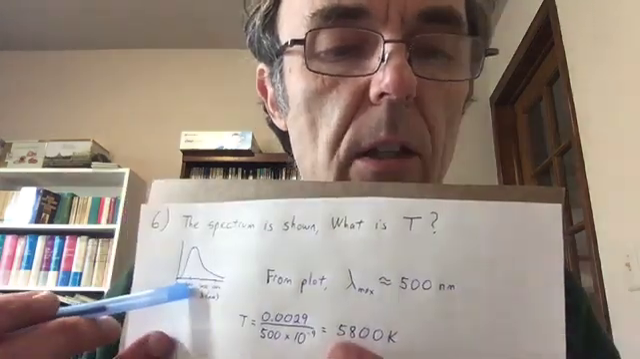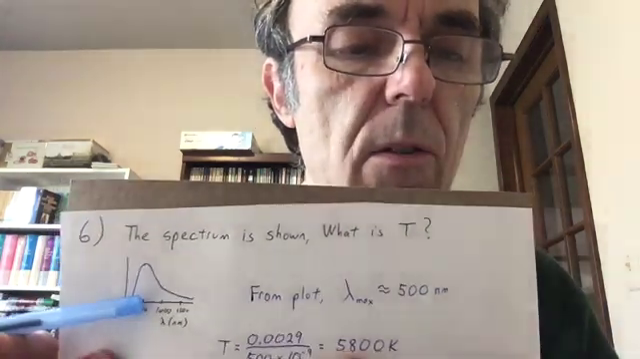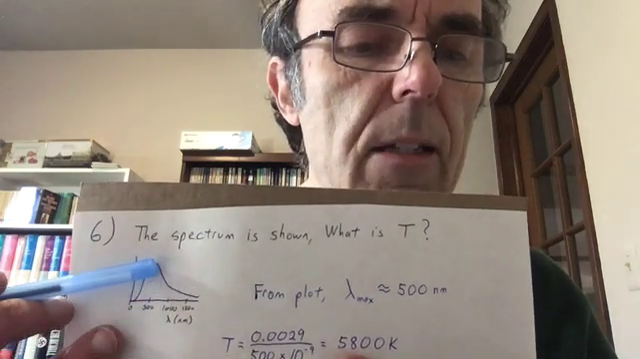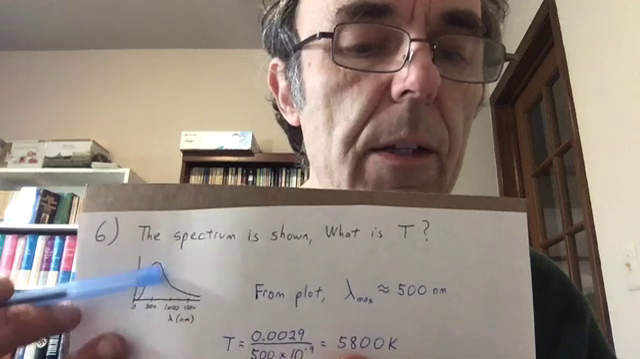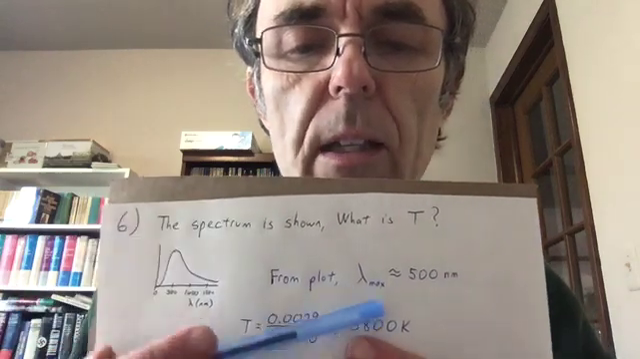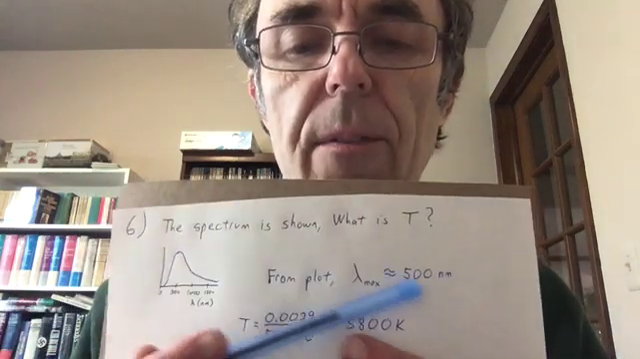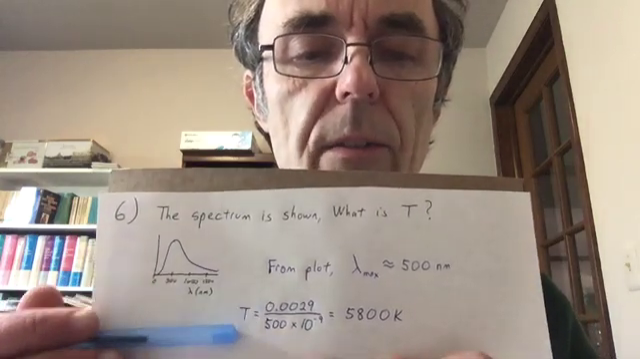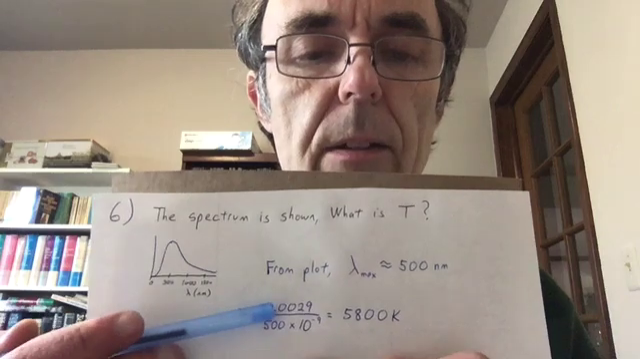law. So you look carefully at that plot, and it's a little clearer on the figure in the exam, but the peak is around 500 nanometers. So from the plot, we're going to say lambda max is 500 nanometers. Then we're going to use Wien's displacement law, and we're going to divide through by lambda max. So we get this constant